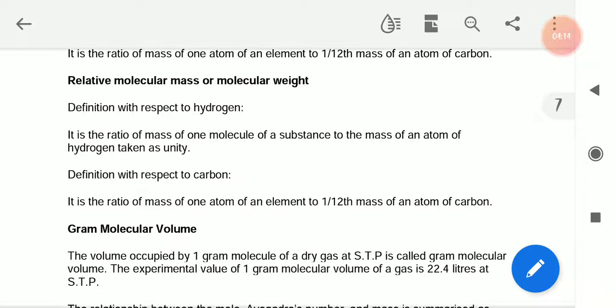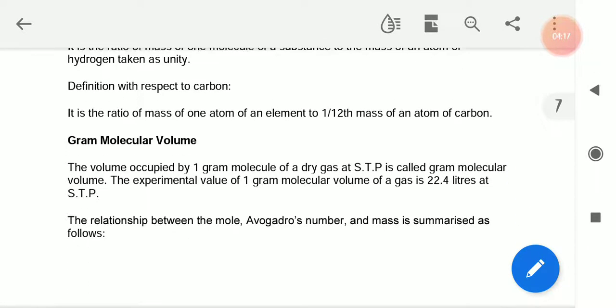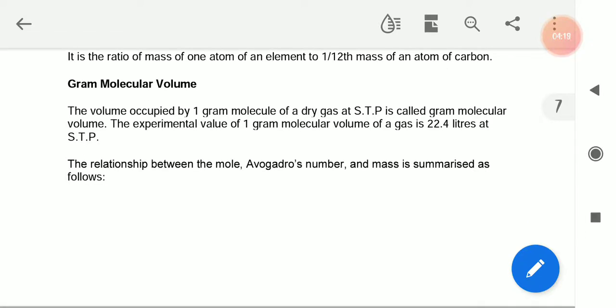Now, gram molecular volume, the volume occupied by